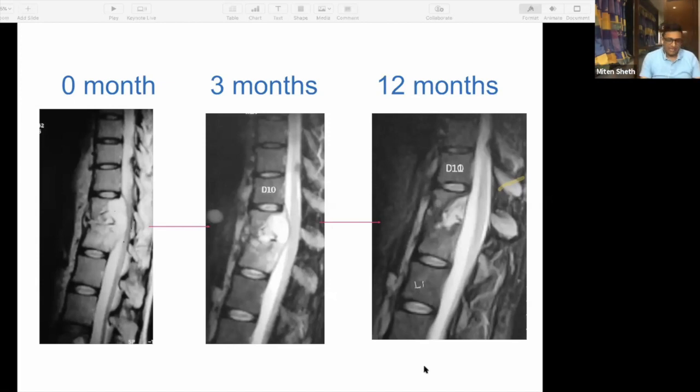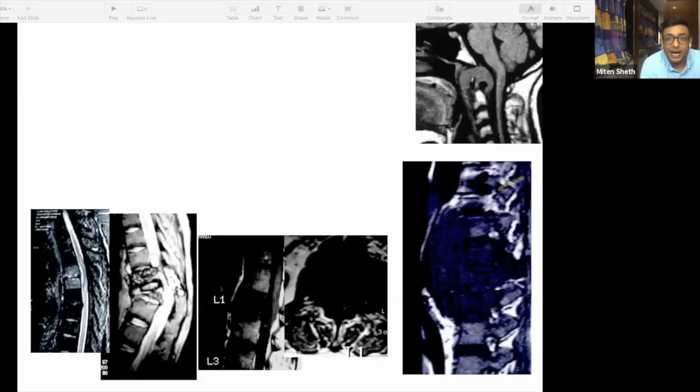So when you're seeing or treating a patient with tuberculosis, in your follow-up, what you're going to see is whether your pus is reducing or increasing. That is one thing that you can easily spot in a patient with tuberculosis. There are a lot more things that you see on an MRI in TB, but that's going to be a little complicated. So let's not get into that. For you, it's very simple. If you see that the pus quantity is reducing, you're sorted out.